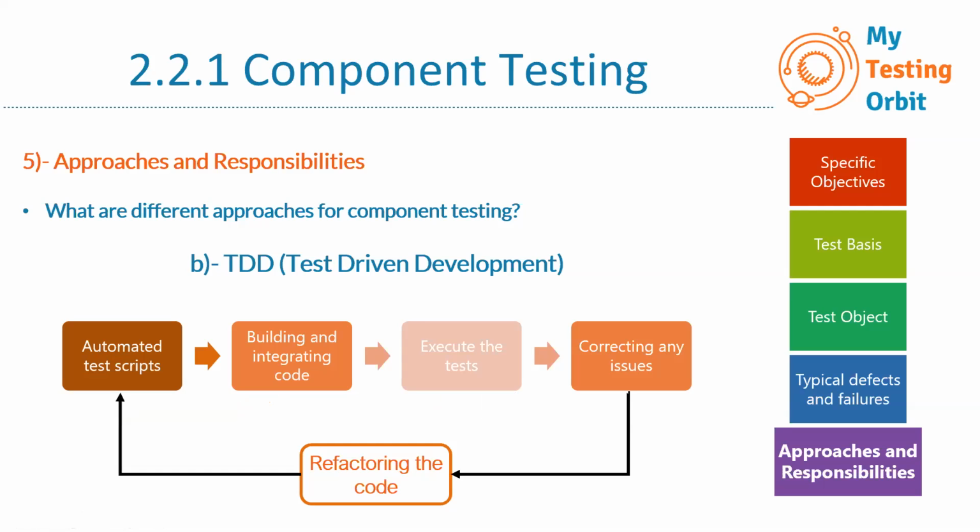Developer and tester work together, and that's why this is a very successful approach for most iterative models. A tester writes the automated test scripts, and a developer performs building and integrating the code. They are working along with each other,